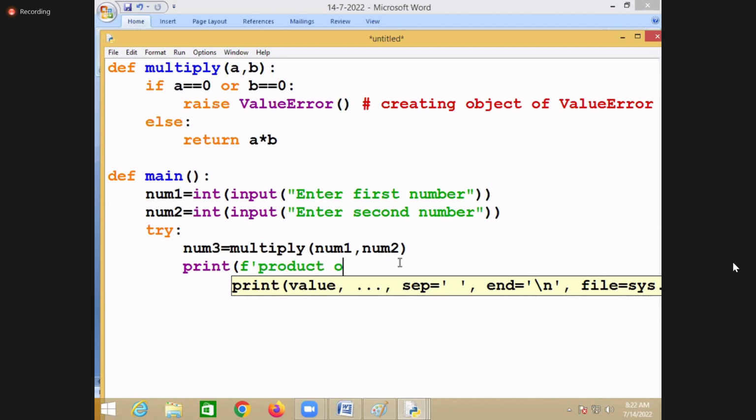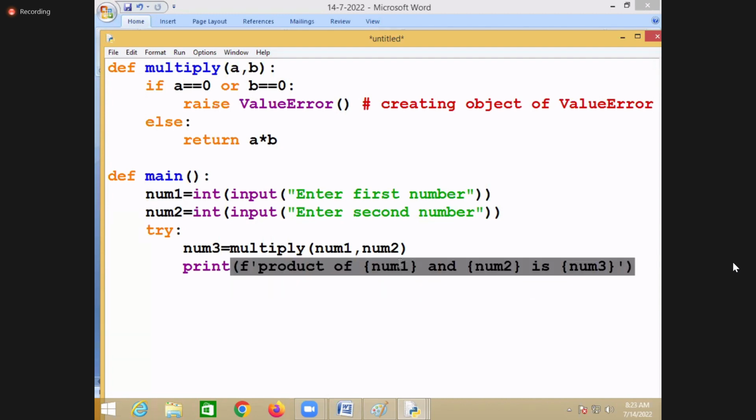So this is the product of number 1 and number 2 is, number 3. Product of number 1 and number 2 is number 3.